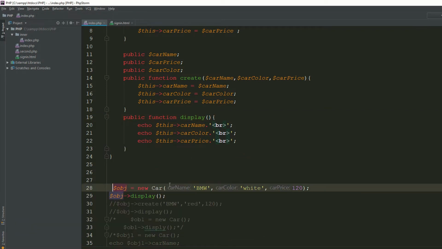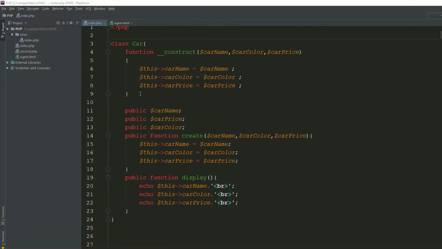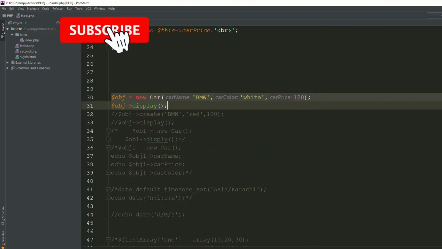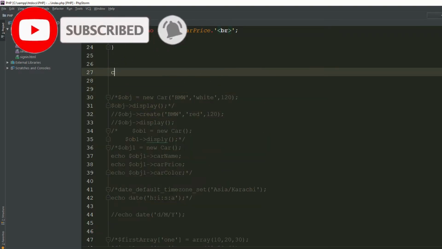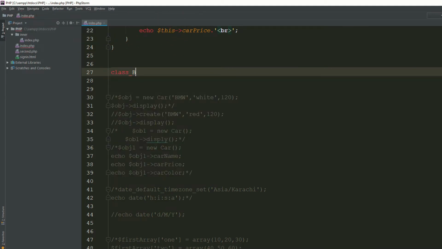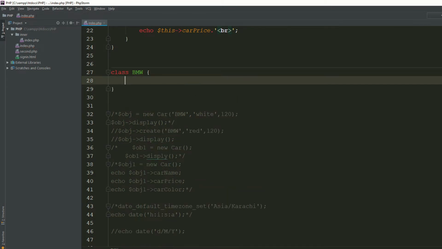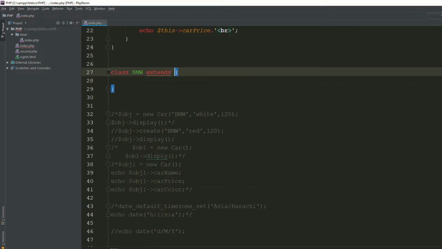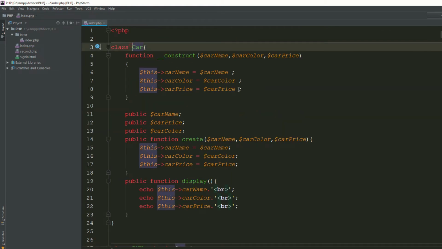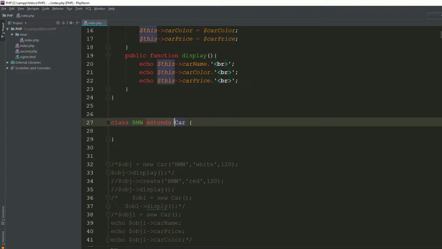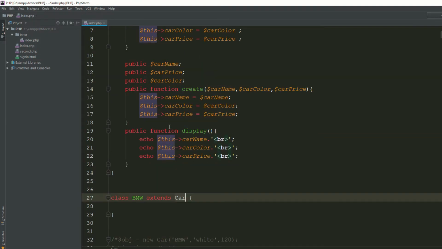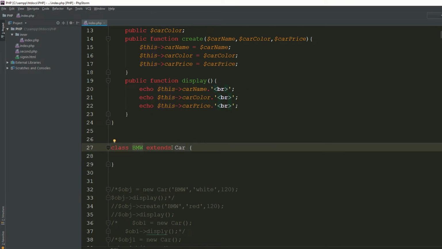Now as you can see, you have your class card. Go to the page, refresh the page, working fine. I'm going to comment this out. Now I have another class named BMW. I'm saying extends. Now it extends cars. So using this keyword extends and the class name, this is the child class